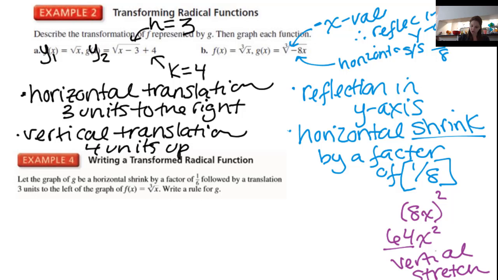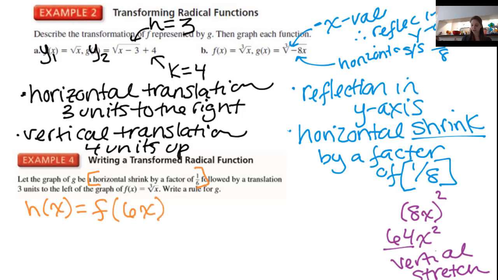Now we'll go on to example 4. Writing a transformed radical function: let the graph of g be a horizontal shrink by a factor of 1/6, followed by a translation 3 units left of the graph of f of x. F of x is the cube root of x. Write a rule for g. I'll take this one at a time. G is going to be a horizontal shrink by a factor of 1/6. So I'm going to make an h of x, an in-between function, which is going to be f of